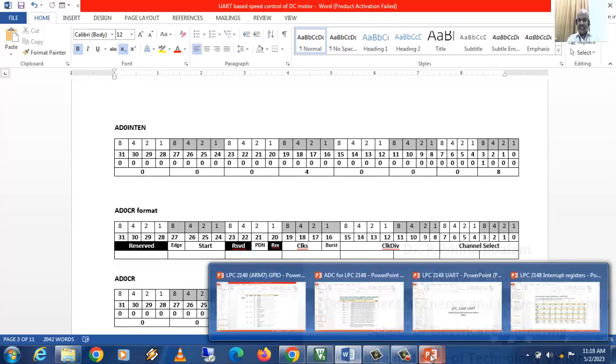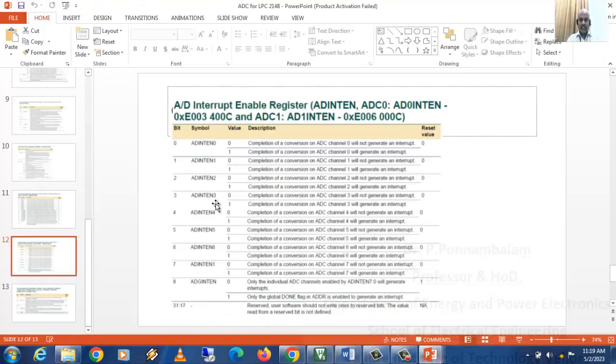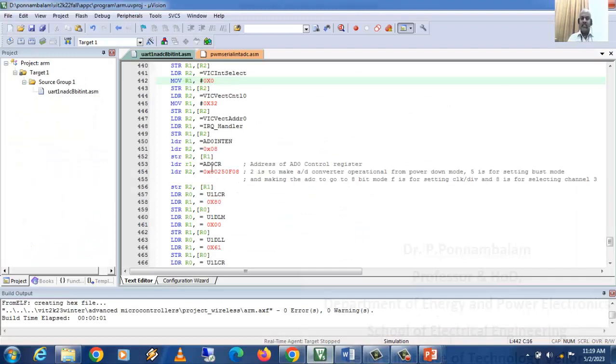So that 3rd bit signifies I am activating AD interrupt channel 3. I mean, an AD interrupt should be generated when channel 3 is converting an analog to digital conversion. When that conversion is happening, this will create an interrupt. So in the interrupt service routine, I will be fetching the value from the concerned data register and pushing it into the transmit buffer. So that is concerned with your